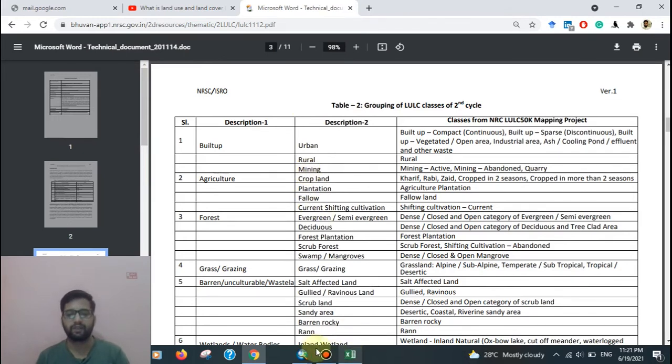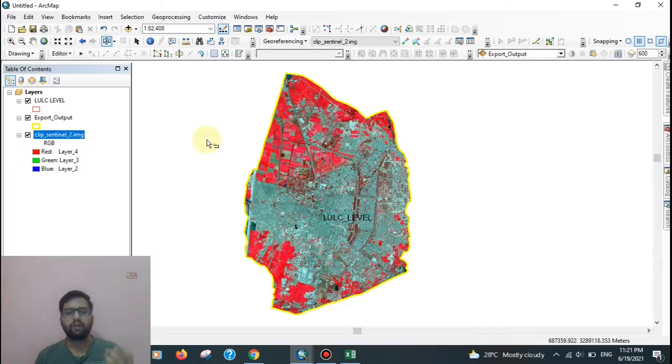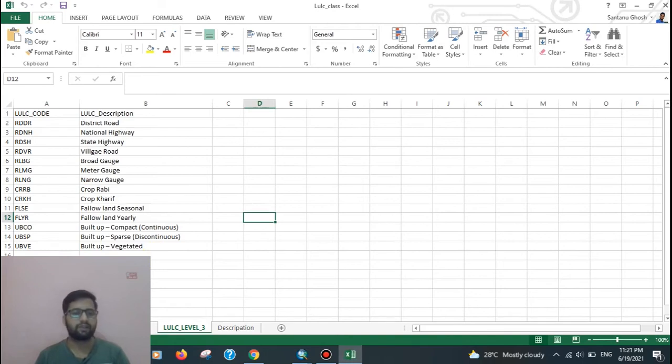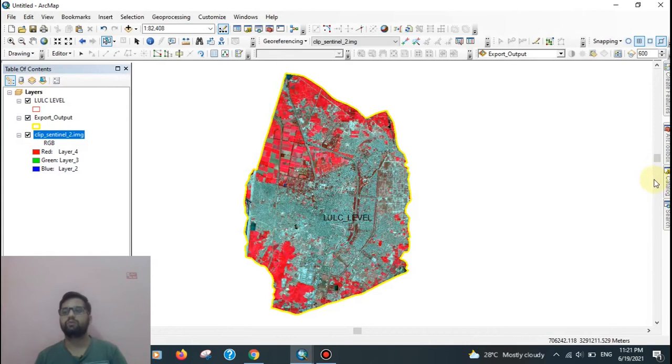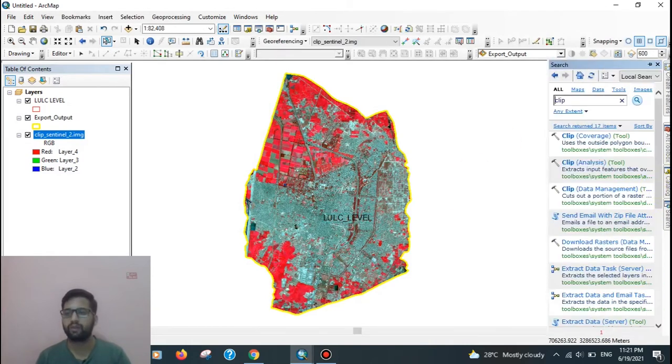So after creating this type of Excel table, that is level 1, level 2, level 3, you have to add the domain. So here type Table to Domain.